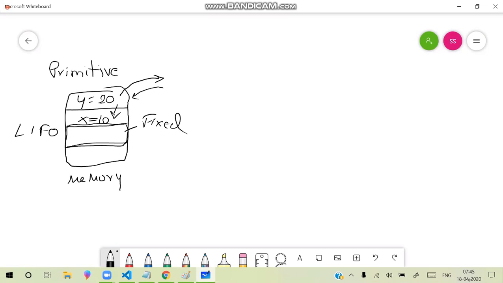It is exactly known that the value will be within this range. That means for primitive types the range is fixed. That is important. And another